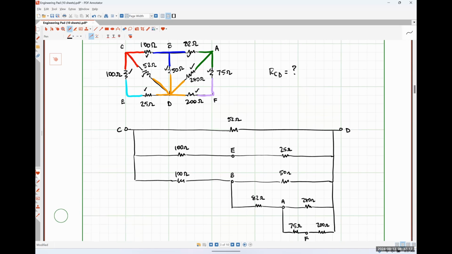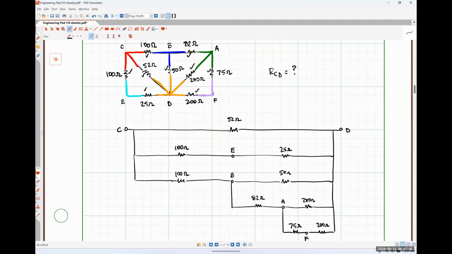So I've taken care of all of the different resistances in my network, and now this is actually something that's much easier to simplify because I can literally just work my way from the bottom towards the top. So how are the 75 and the 200 connected? Well, it looks like they're in series. That equivalent resistance is in parallel with the 280. That equivalent resistance is in series with the 82, and so on and so forth